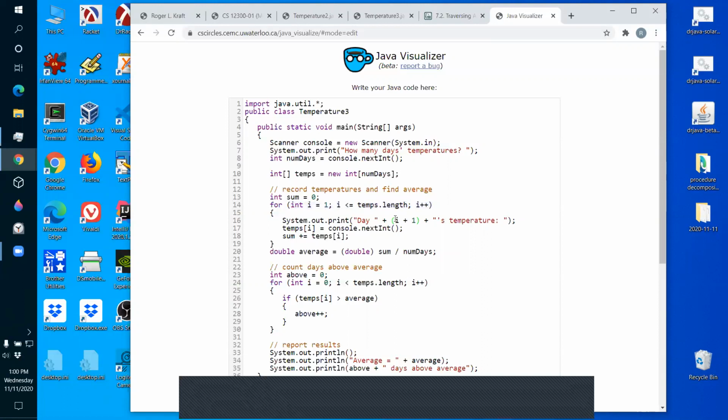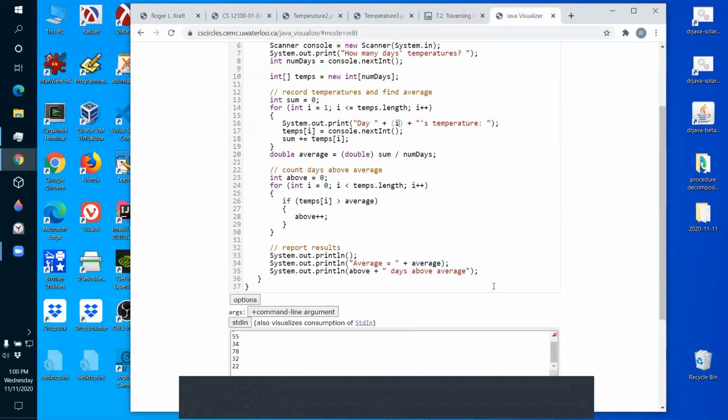Oh, okay. So here I would print i. Actually, that's better, but something else has to be changed. So I'm on day 1, then day 2, then day 3, okay? But now something else has to change. Let's visualize it. You'll probably see what goes wrong when I visualize it.